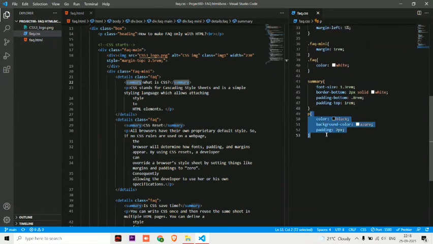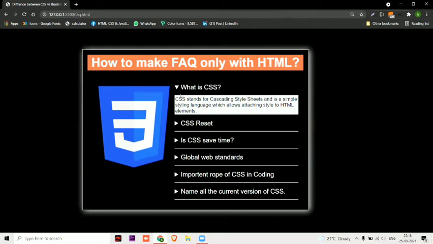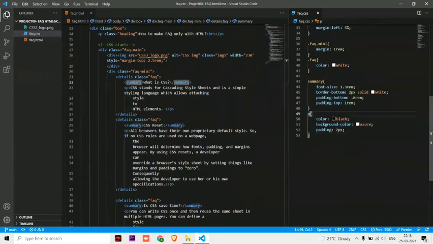And for p tag, I have given color black, and background is white, not exact white, little bit change, and padding. So for p tag here, you can't see directly. Once we click, then here you can see that background has become white, and the text color has been changed, and this is the p tag. Here directly I have targeted with element. If you want, you can target with ID. You can target with class. But here I wanted to apply on whole p tag, so I have directly targeted with element or tag link.